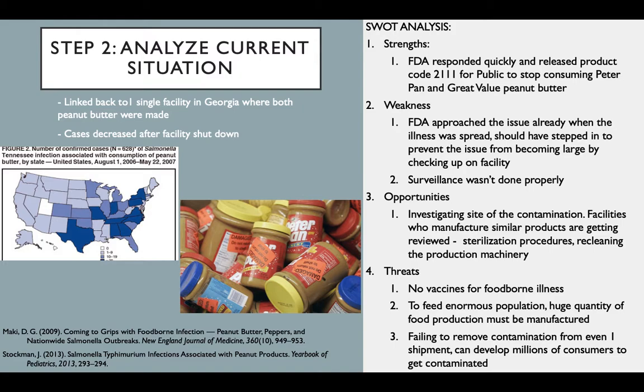Step 2. Analyze the current situation. Once analyzing the outbreak, the disease led back to a single facility in Georgia, where both brands of peanut butter were produced. Before investigating the plant, the facility decided to close down, making it a bit suspicious, and afterwards, cases